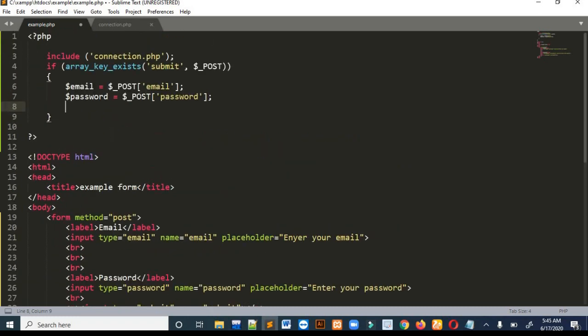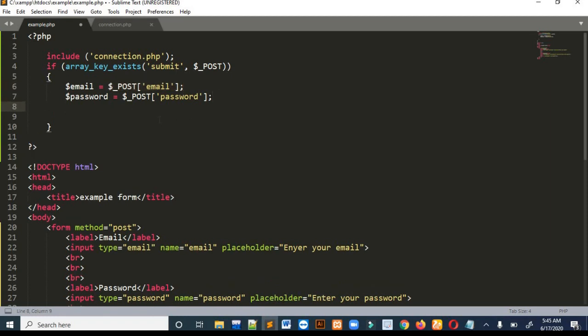It is your choice whether you save those things in variables or not. I am saving them because it is easy to use whenever I need these variables. If you don't want to store the data in variables, it's up to you. You can directly use this command and insert the data in the database.